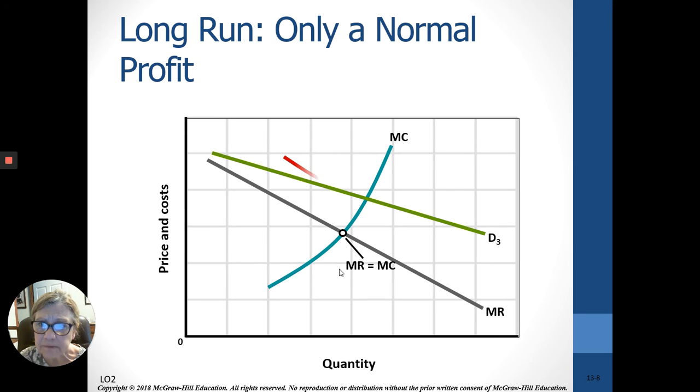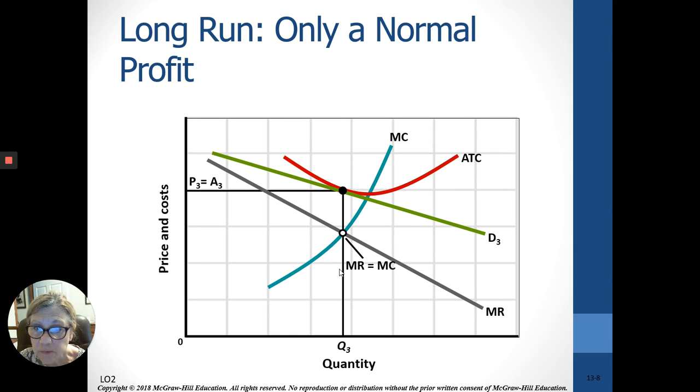In the long run, the book says there may only be a normal profit, but this is not always the case. That means that they would be charging a price right on the average total cost curve. But of course, we see that it's not perfectly efficient because that price is not the lowest average total cost. But there are many businesses out there that may be able to make long run economic profits. They get a niche, people like them, they have a great location, and they may be making economic profits forever.